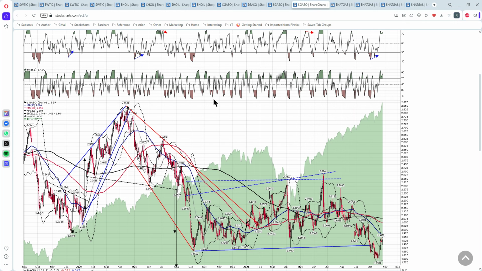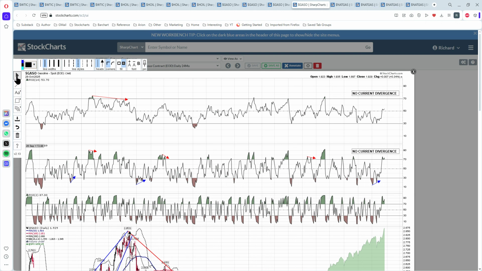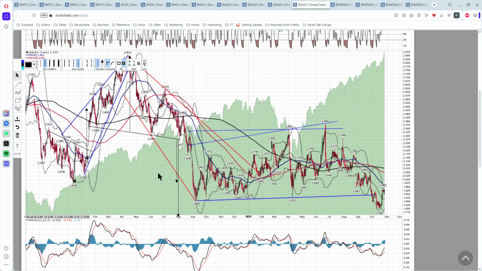On gas oil, we've got a nice looking double bottom. This was reading as a likely bear flag. The bear flag broke down, we retested the low, and this is a potential double bottom now. We're not close to breaking up from that yet, but as I said, I think if the trigger is the collapse of Russia, then that's probably going to be sometime in the next year, because basically they did